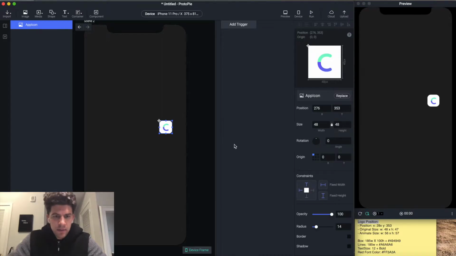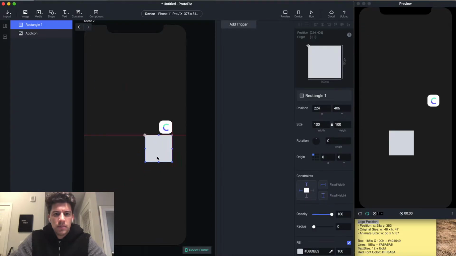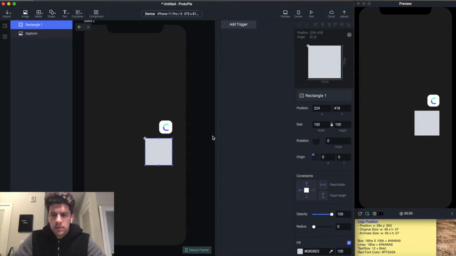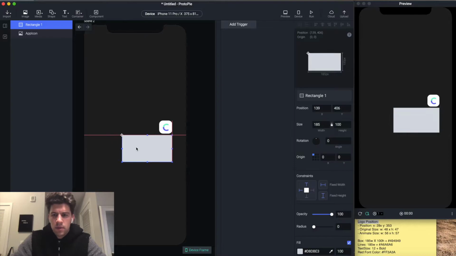So, all right, so app icon, and then what I'm going to do is, don't want another image, I'm going to create the rectangle. So let's add a rectangle, bring this guy down, line him up. His dimensions are going to be 185, 100, corner radius 14, and then his color is going to be 494949,